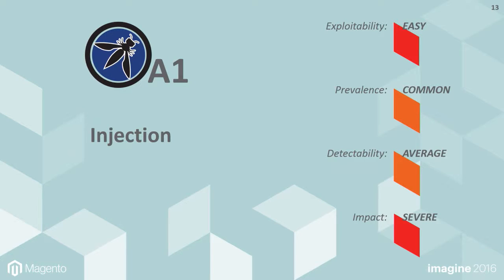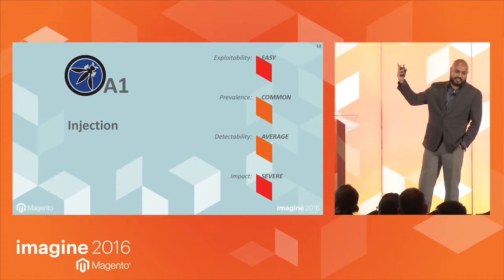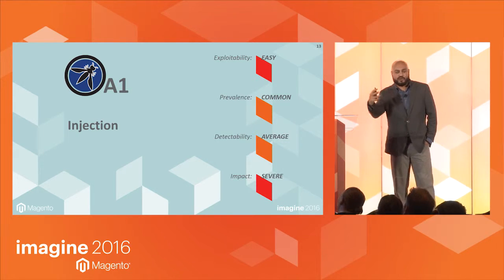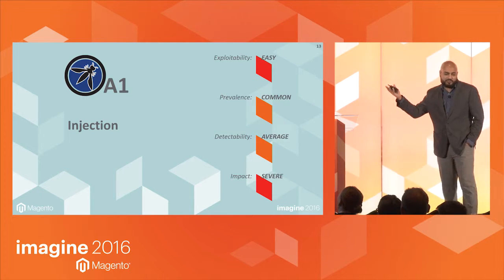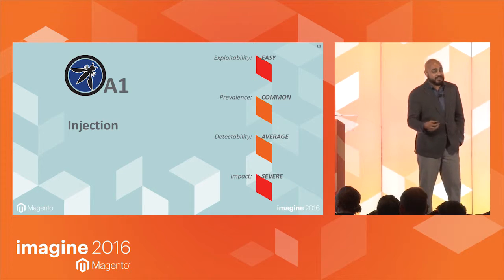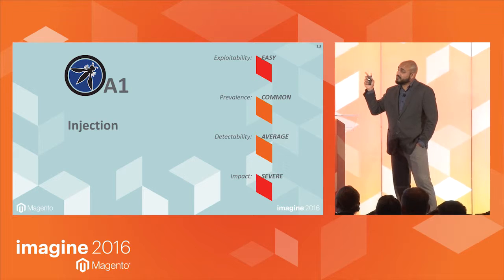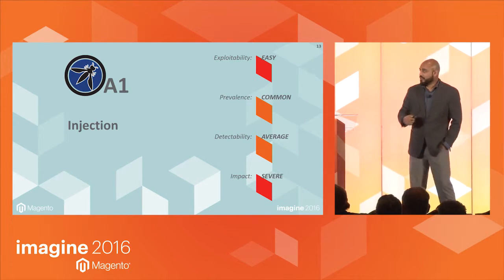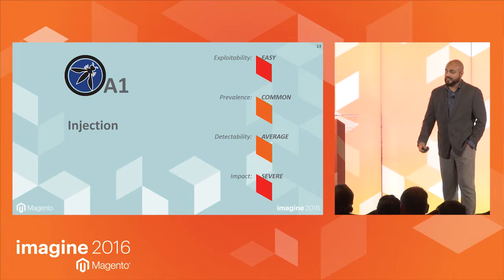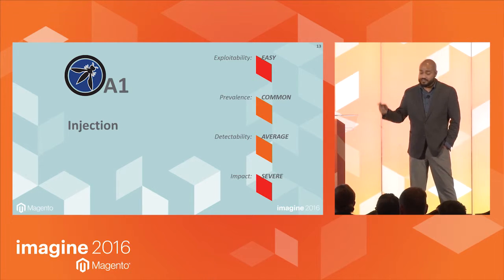Before we go on, if you notice on the right side here, these are the numbers that came up by OWASP. It kind of gives you some more details of each of the top 10. Easy exploitability means that the attacker doesn't have to jump through a lot of hoops to attack your site via this method. Prevalence is how often we see it happening. And detectability means how easy it is for an attacker to see this sort of problem on your site. And obviously, impact: you want to tackle the most impactful, the most severe ones first.